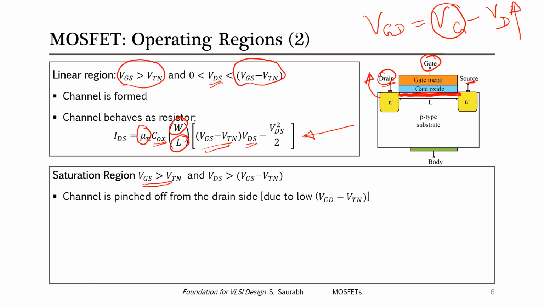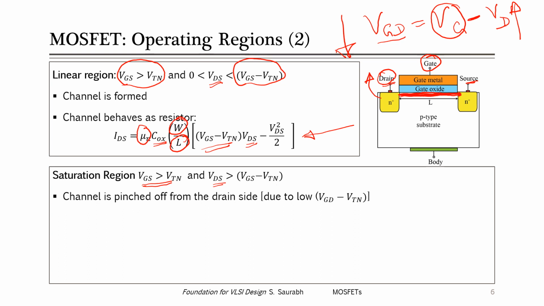So in effect VGD is coming down, because VD is with a negative sign. The voltage between gate and drain is actually reducing when we are increasing the drain voltage. So when VDS is greater than VGS minus VTN, the channel gets pinched off from